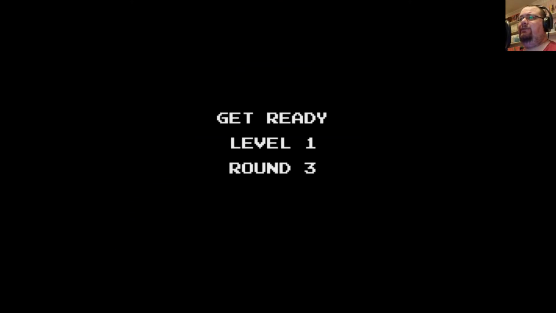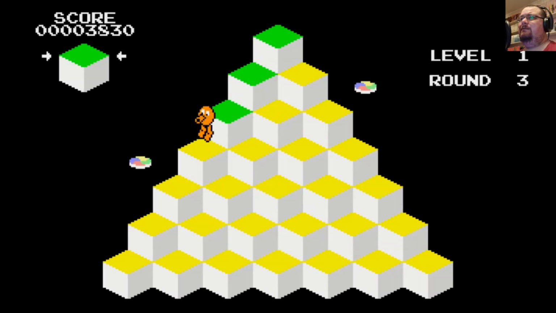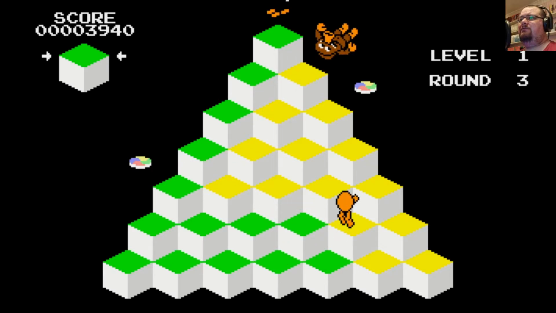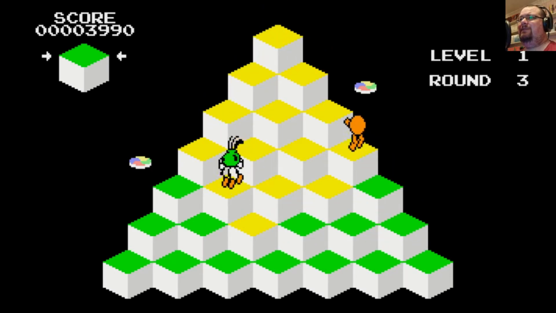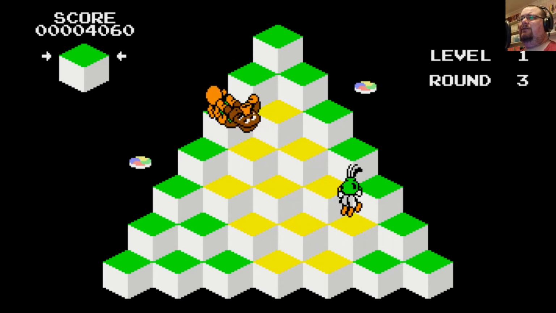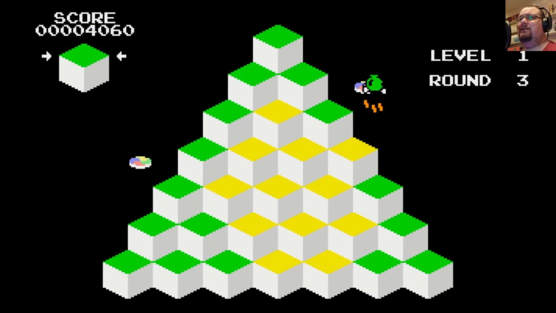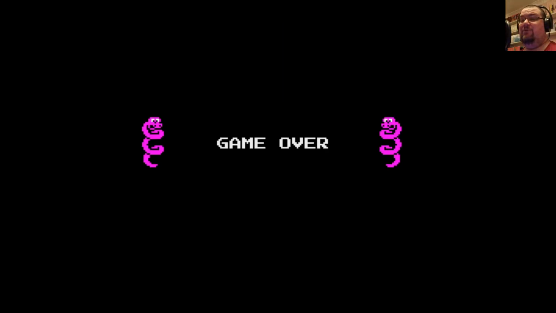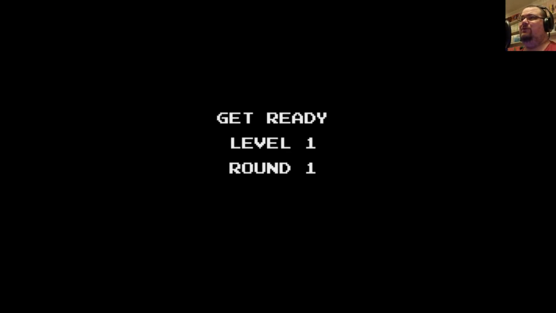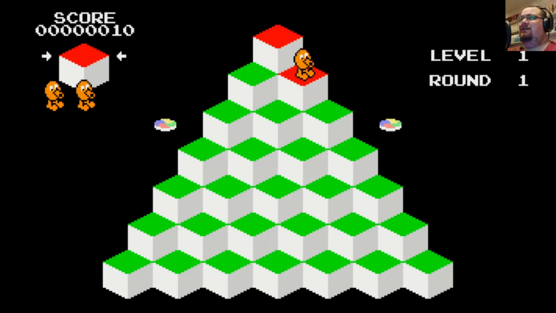You still take out Coily with the transporters though. It's wrong way. Oh, hello. Okay, so when there's a couple of them on the screen, it slows down to a more manageable speed, oddly enough. Yeah, so the speed when there were 3 sprites on screen at once was actually more the speed I would expect the game to start at.